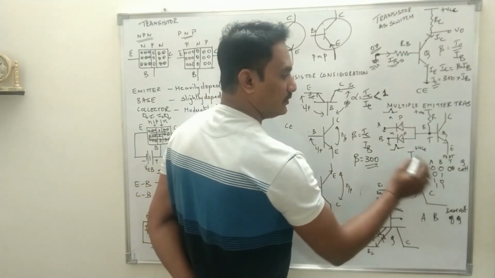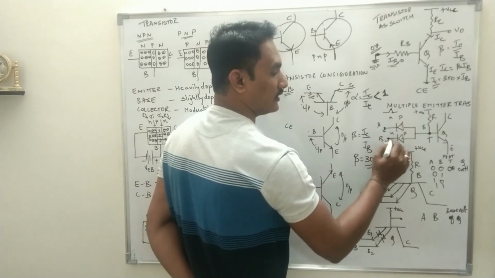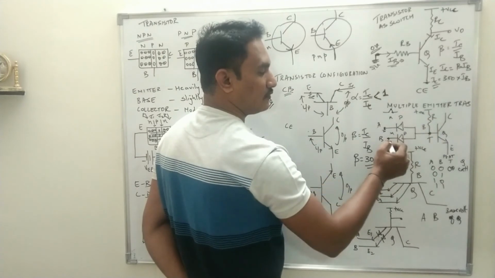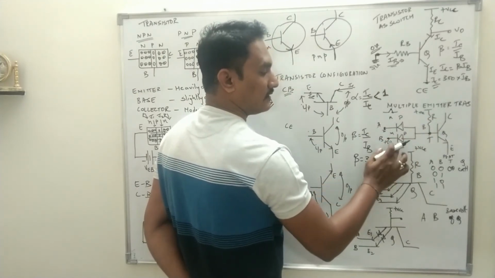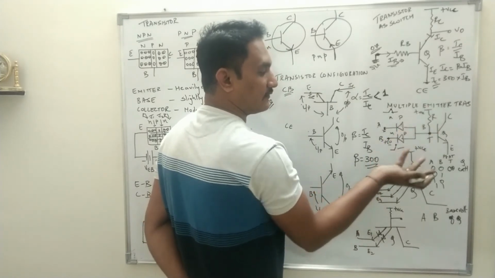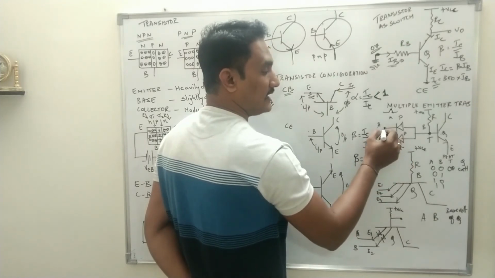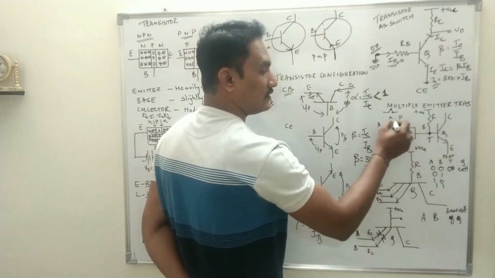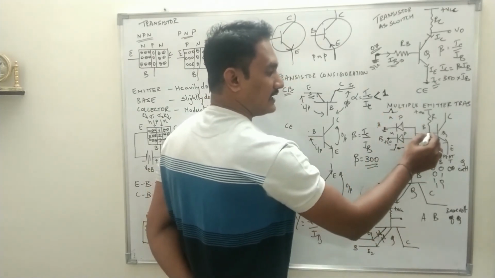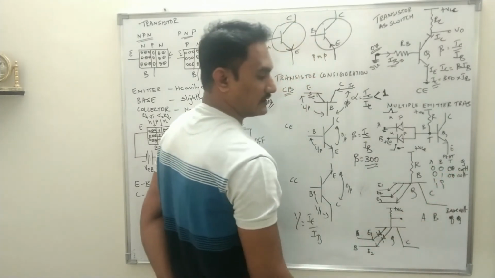Similarly, A 0, B 1, that means A is still grounded, B is plus 5 volt. Now what happens for this lower diode? Both the junctions are connected to the positive terminal, so it will be acting as an off switch. No current will flow because there is no potential difference for current to flow. So we say the diode is reverse bias. But as A is grounded, T gets connected to ground through this diode because it is acting as an on switch. So potential at T still will be 0 volt. The transistor will be still in cutoff region.